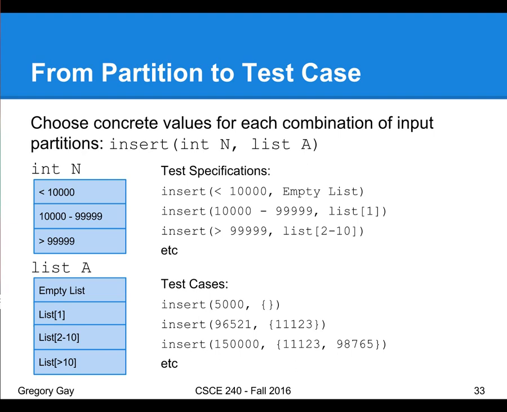For a test, you're calling a function, so you have to provide input to each of its parameters. So we start combining this, and we have 3 partitions for n, we have 4 for list. So we're going to start forming every possible combination of these together. And from those, we can start creating concrete test cases by assigning values to each of these abstract specifications, each of these partitions, right? So if we have something where we expect an integer less than 10,000 in an empty list, well, here's our test case, right? We'll try one of 5,000 as our input and this empty list. And so on. Does this make sense?